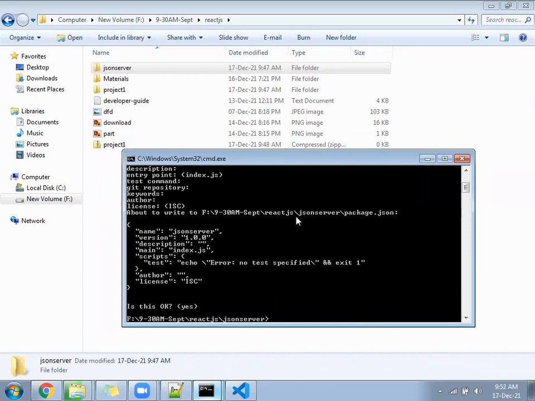You will see in your JSON server folder, one package.json file will be ready.